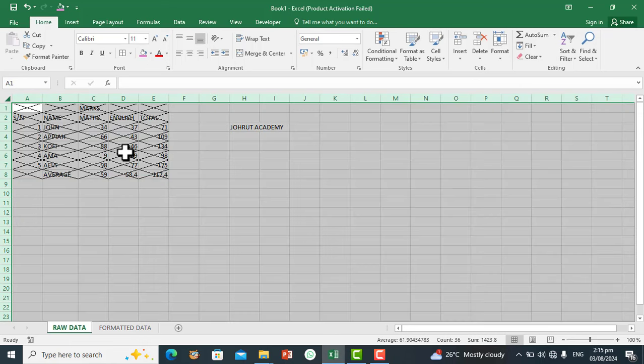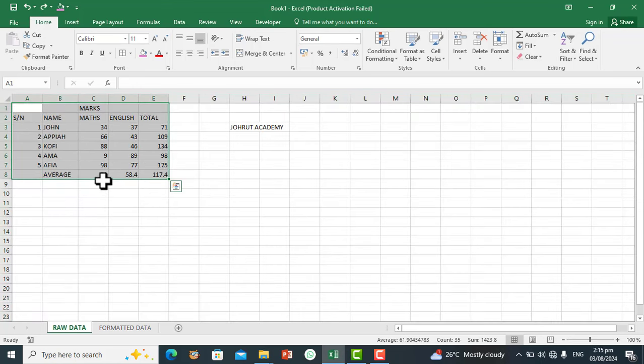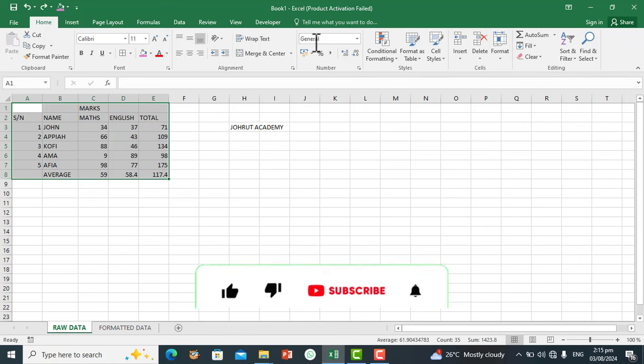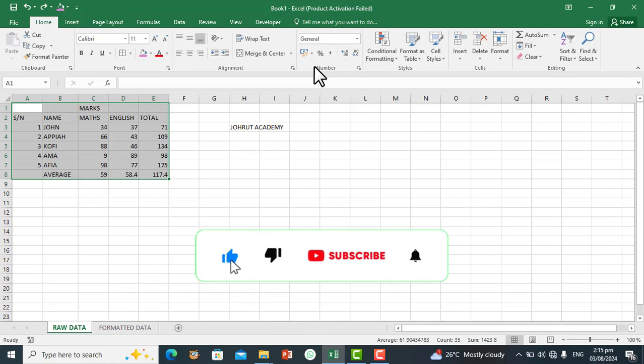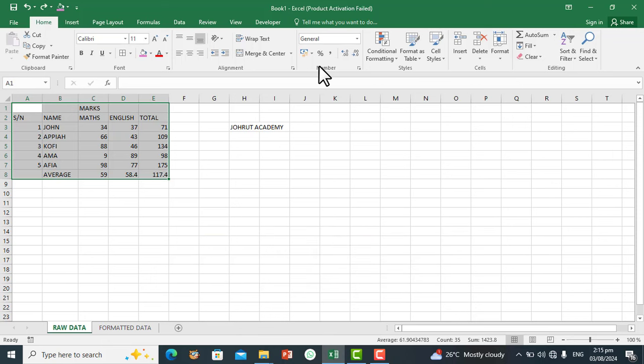Okay, so that's it. So basically we have done the alignment, the font, and the borders. With the numbers, I think in the previous lesson we did the numbers too, so there's no need for us going there again, but we may meet them again in our subsequent lesson. So let's put that one aside for now. And we have done the color and the shading. Okay, so the next thing is something we call